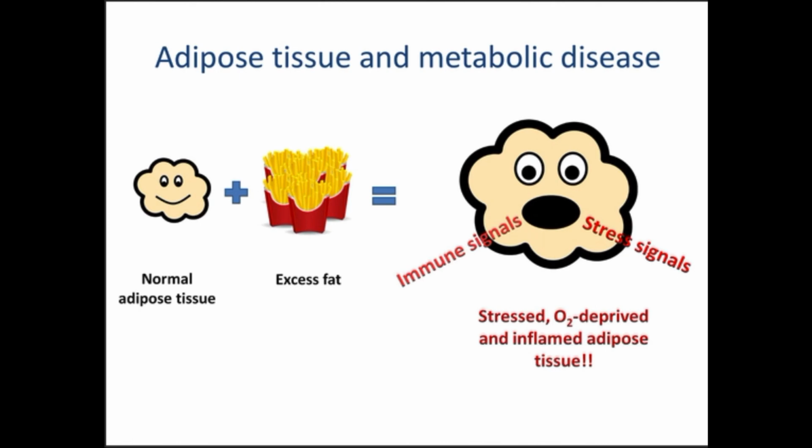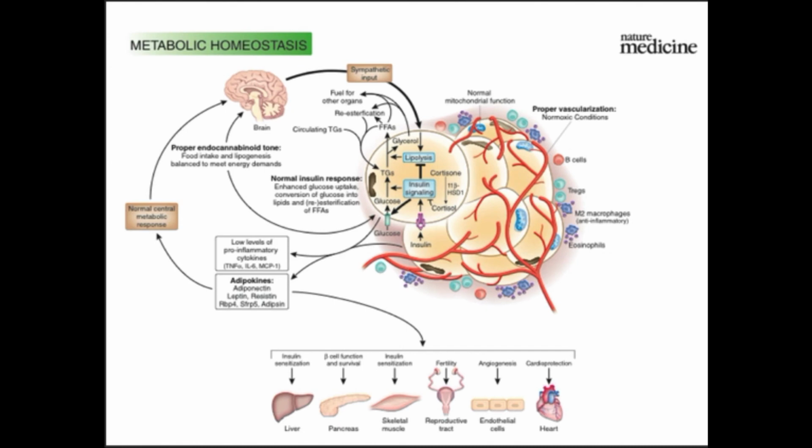I like this simplified cartoon because when you go to a review, you get a much less simplified cartoon that says the same thing. It says this is a disaster that happens because of dysfunctional fat, because it's taking in excess nutrients. The reason I add this more complicated cartoon is that it reminds you that fat talks to everything else in your body. It's talking to every other organ, and it's talking to your brain. And so what's happening to your fat cells is also being communicated and relayed to the rest of the body. So that's the introduction.